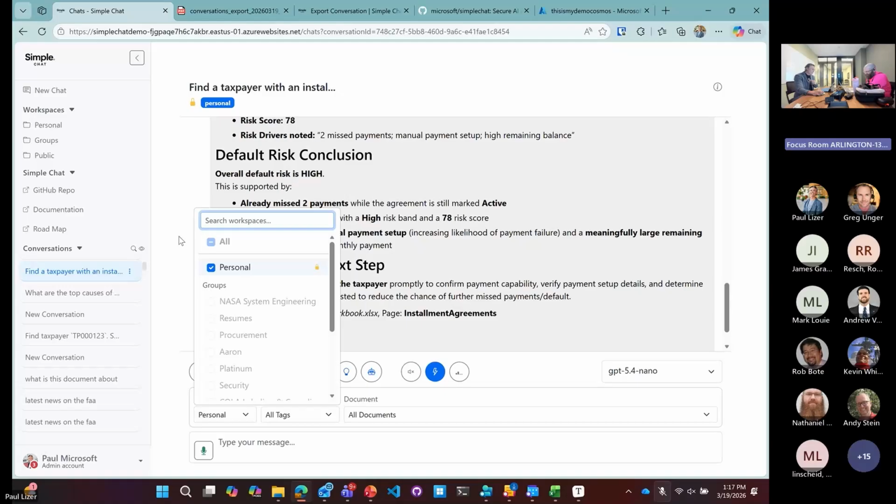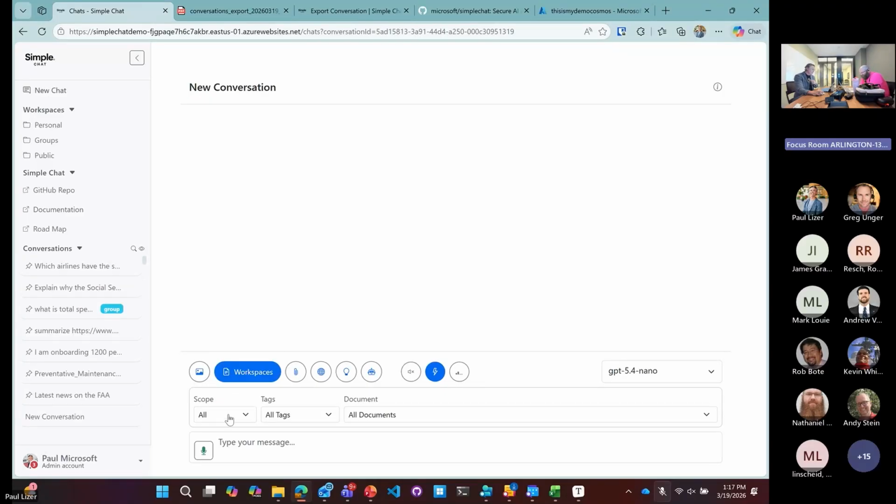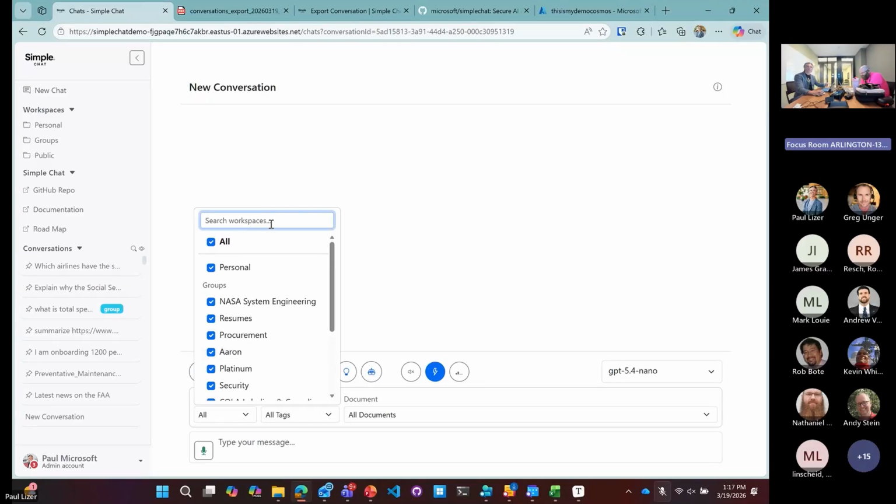Also now on scope, let's open a new chat. On scope, you can search now as well. So if you have a lot of groups in here across the organization, the way we don't do hierarchical permissions. So we have organizations that are creating groups per functionality or per team, instead of having one overarching group that then may provide supporting organizations within it. You end up in this hierarchical permission structure that way.